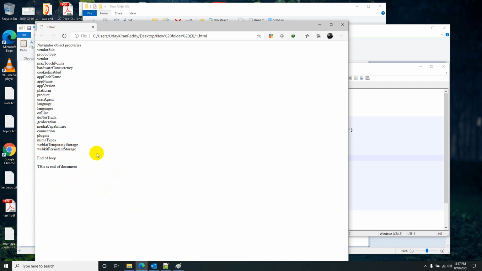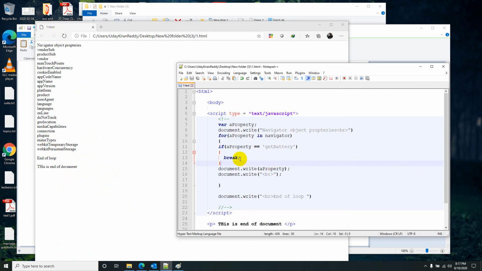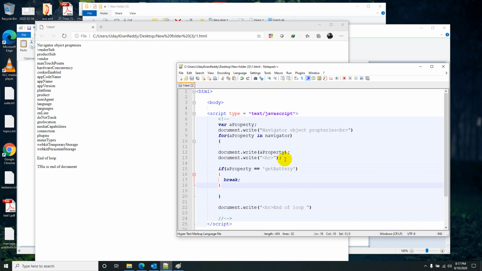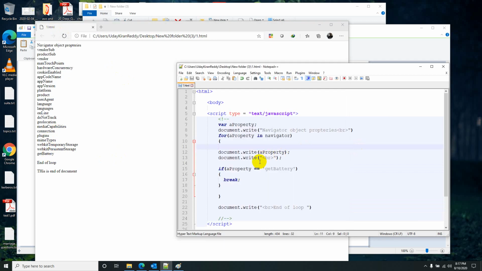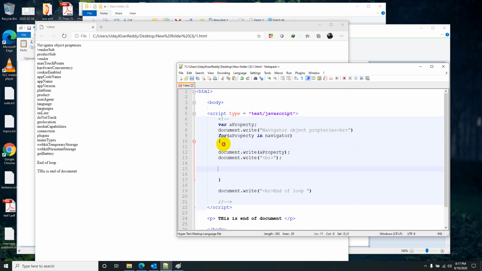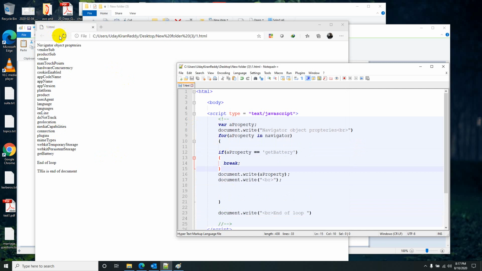You see, this one if you want to print, you can keep here. This get battery is also not printed now because it is stopping here itself, right? If you want to print that, keep it after this print statement. See, after this get battery, remaining things are stopped. Now you see get battery is not printing. So during the iteration when get battery came, it stopped there, and remaining properties also were not printed.